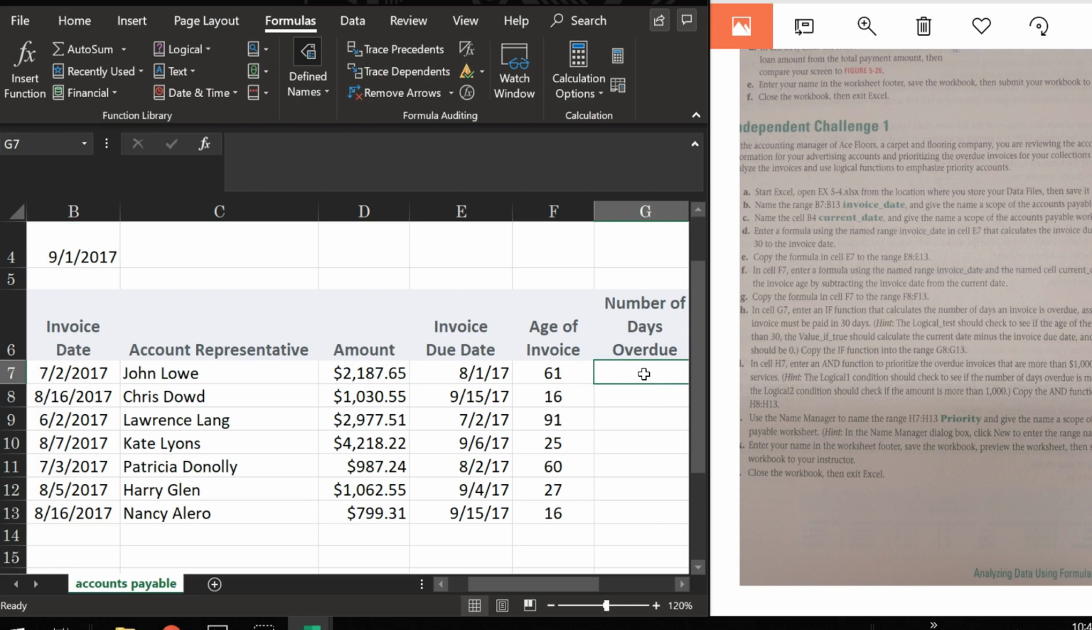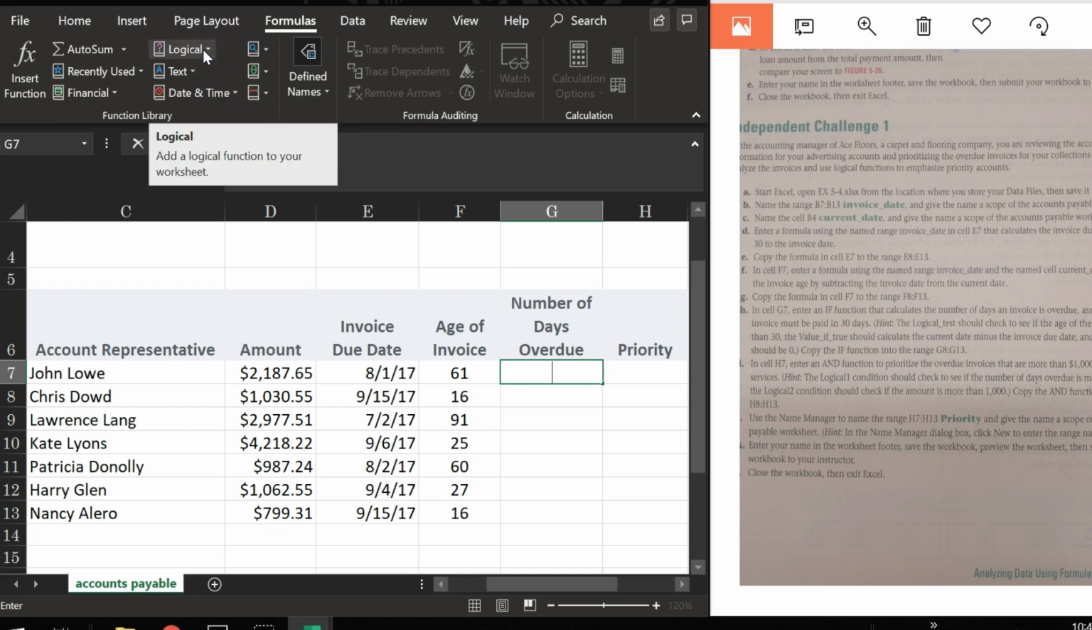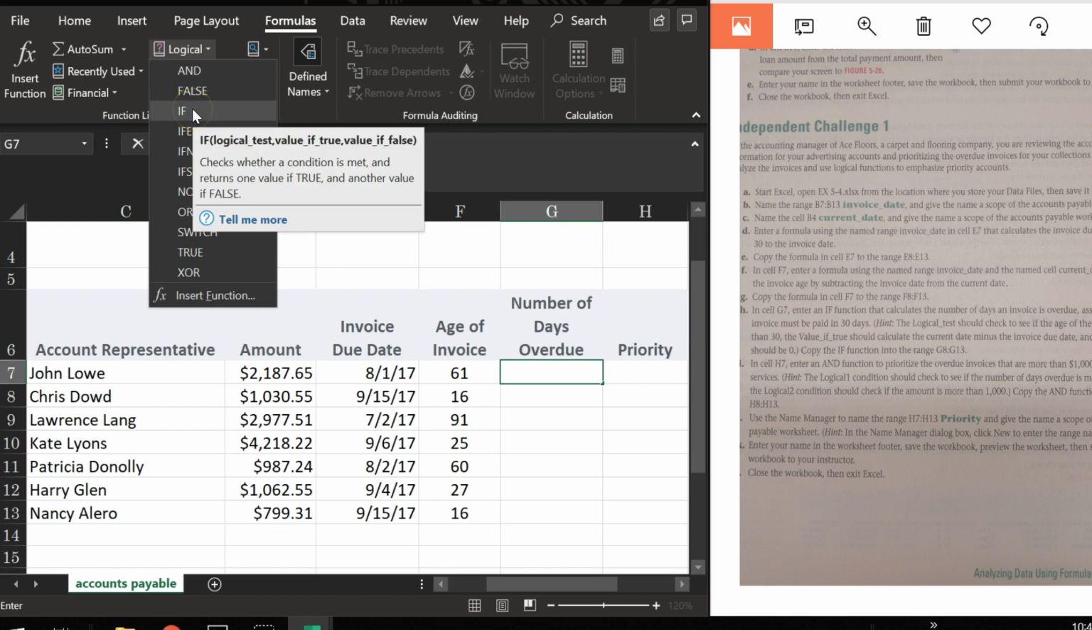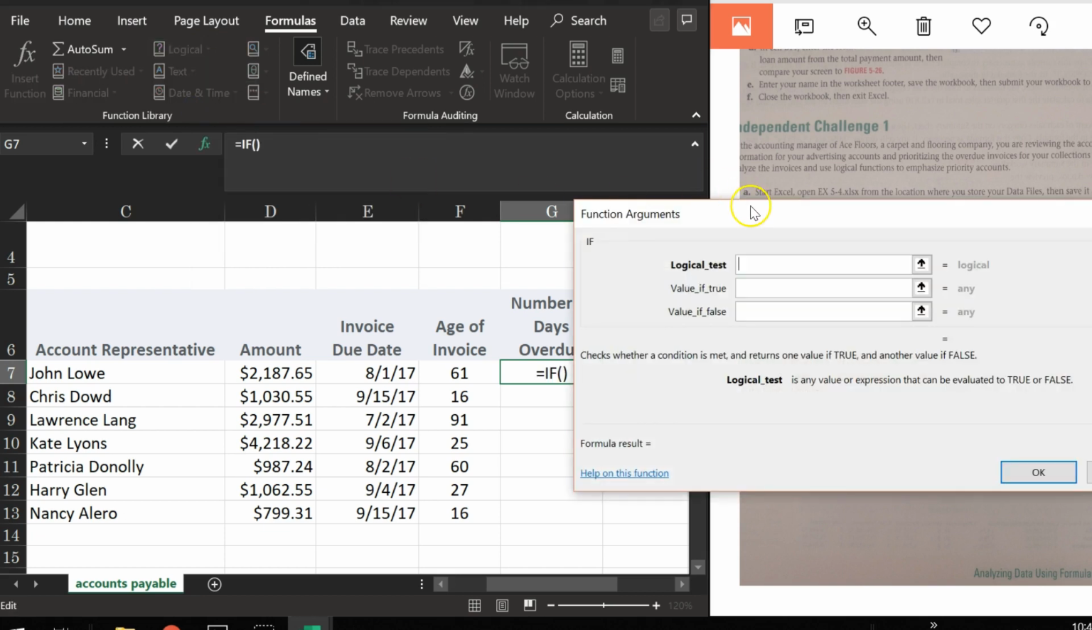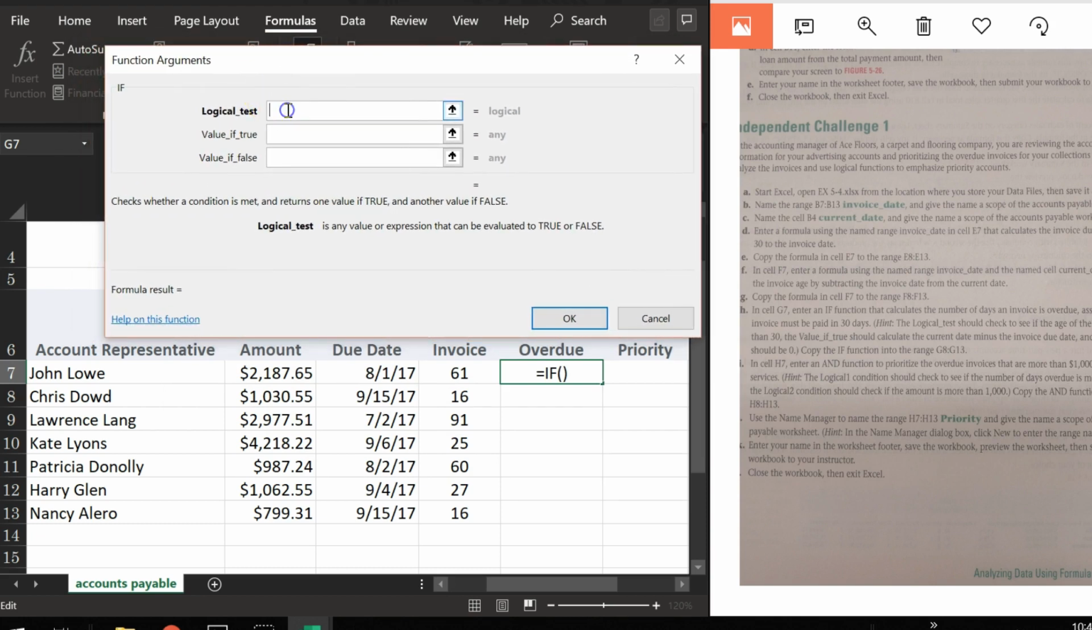Okay, in G7, we need to enter an IF function that calculates number of days if an invoice is overdue, assuming invoice must be paid in 30 days. So I could easily do equal sign and type in my formulas directly. For me, it's a little bit easier if I have an argument box open. So I'm going to do the IF, and I'm going to input it into my boxes. So the logical test, and I'm going to follow the hint, if it's greater than 30,